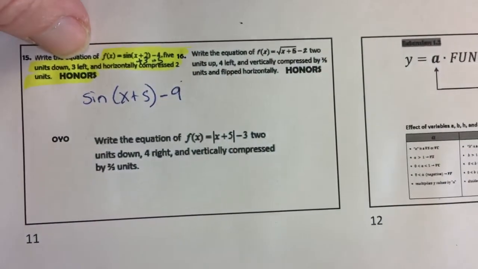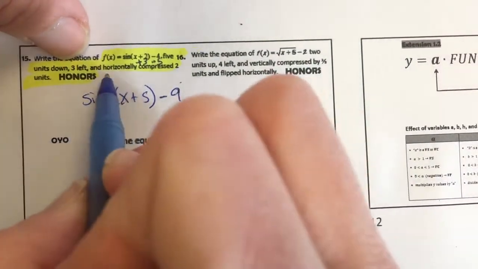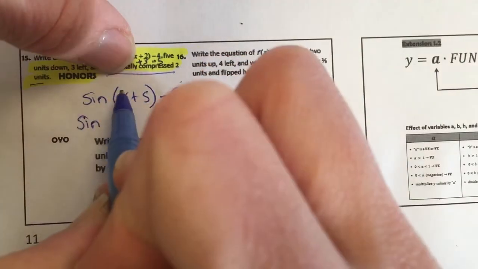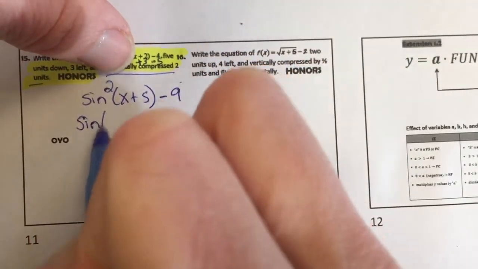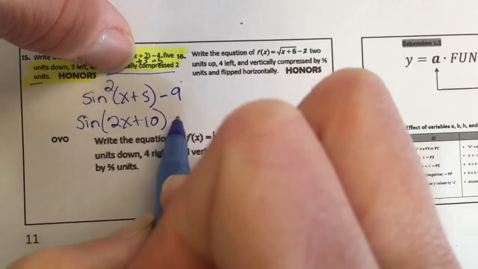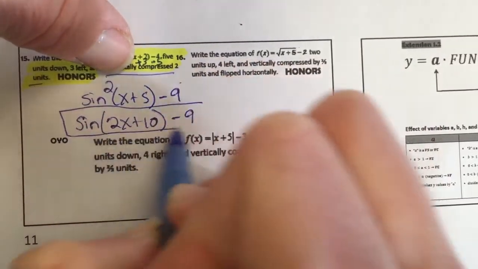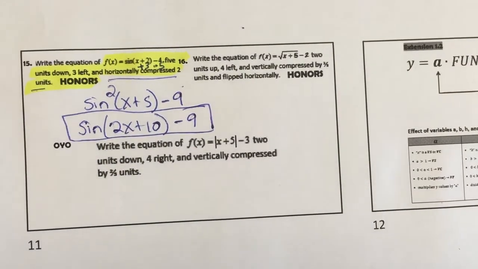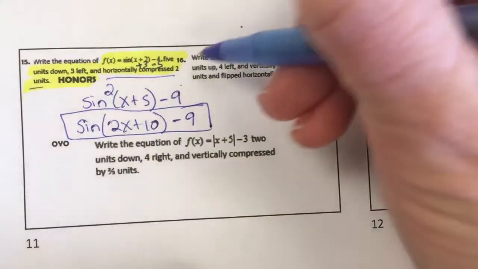So that leaves me with this. And then I need to horizontally compress it by 2. So horizontal happens on the inside. So I'm multiplying all of that by 2. So that gives me 2x plus 10. So sine of 2x plus 10 minus 9. I know you haven't worked with the sine function much, but the same rules apply